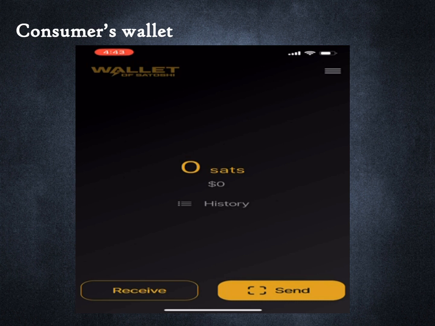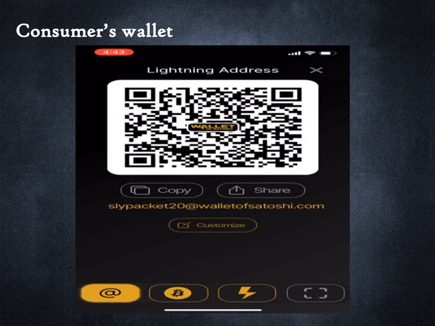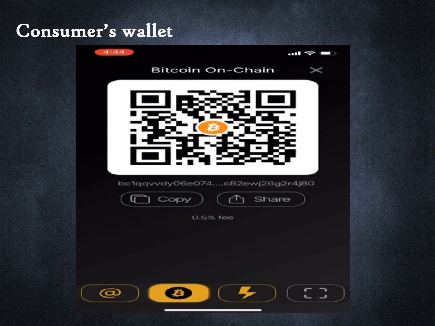I will fund the Bitcoin address held in this wallet. For that I need to know the Bitcoin address. We can see something called the Lightning address. I will cover this later. For now, we will skip to the Bitcoin address. This Bitcoin address is like any other Bitcoin address, and I need to process an on-chain transaction to transfer funds